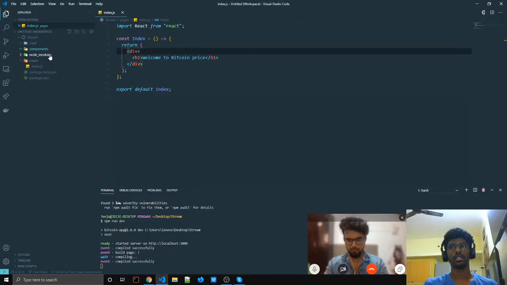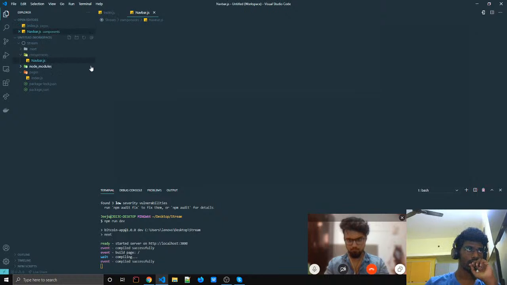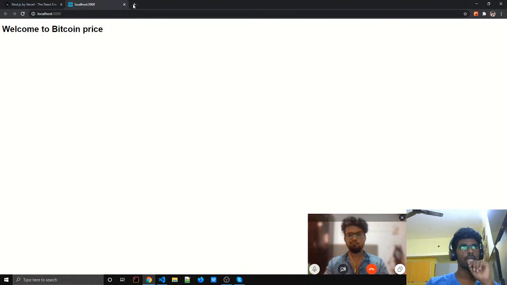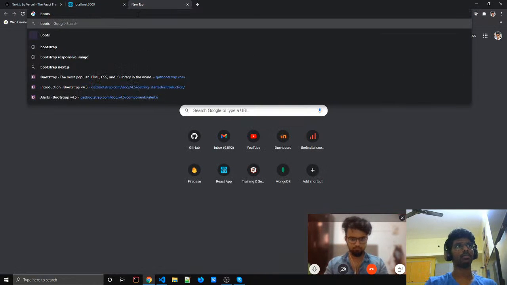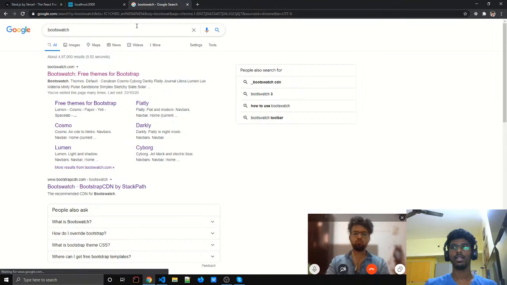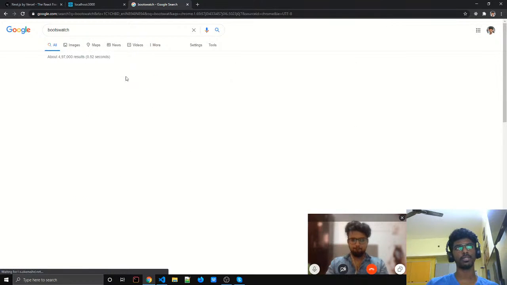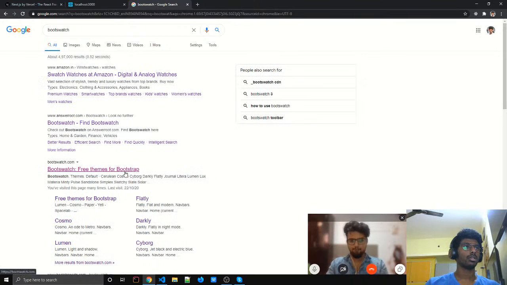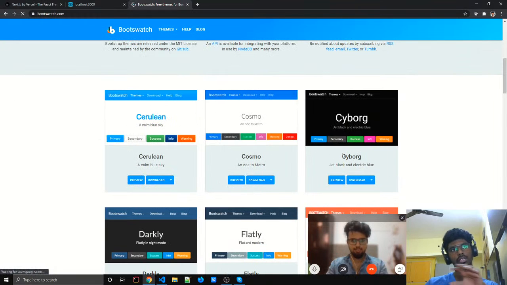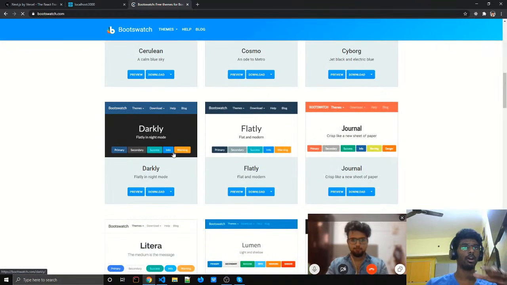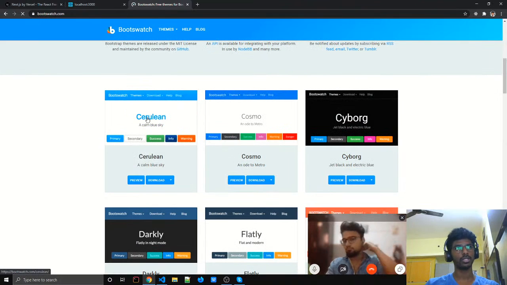navbar.js. But before this, we just need to do some things. We are going to use a Bootstrap framework, a custom Bootstrap framework which is called Bootswatch. Bootswatch is nothing but the same Bootstrap framework, but with some custom themes. So let me go here, and you can see there are a lot of themes: Cyborg, Cosmo, Cerulean, Darkly, Flatly,